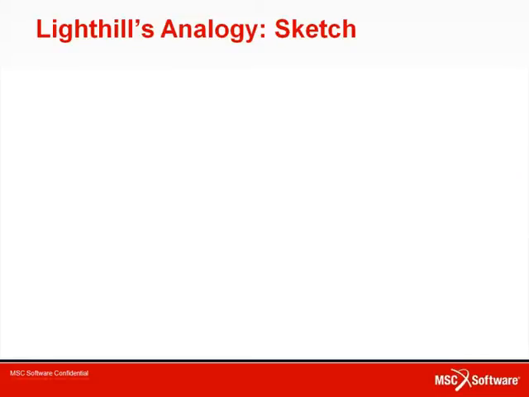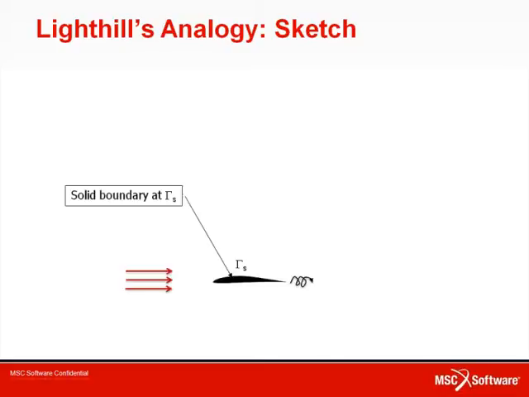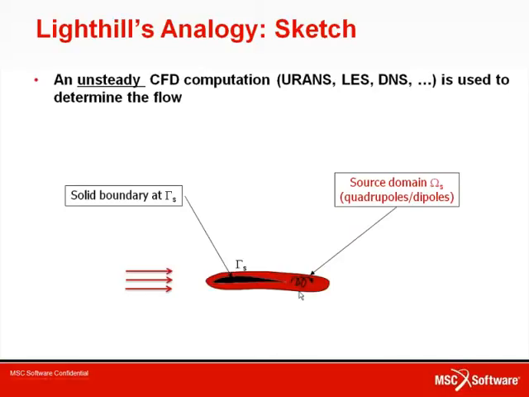So the principle of the Lighthill analogy is to separate the source generation mechanism from the propagation of noise. In practice, if we take the example of a flow impacting a rigid obstacle, as displayed on the slide, then the presence of the object will generate some turbulence, in particular downstream of the object. And this is the first problem that is solved by the unsteady flow solver. So typically, where the CFD solution must be computed corresponds to the place where the noise sources are located, which is the red region in the slide. There is no need to have an accurate CFD anywhere else.